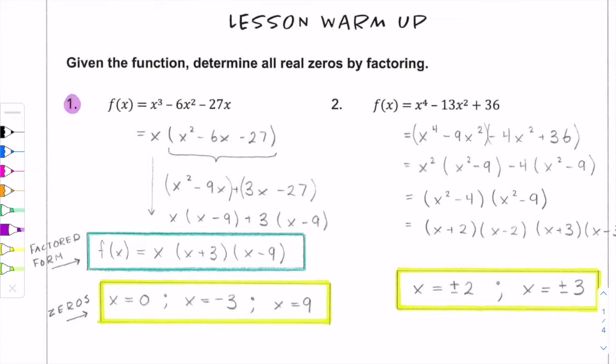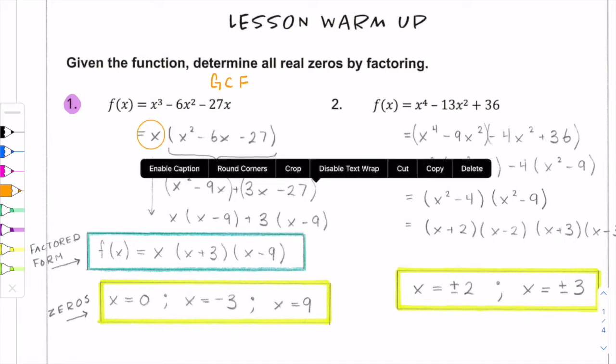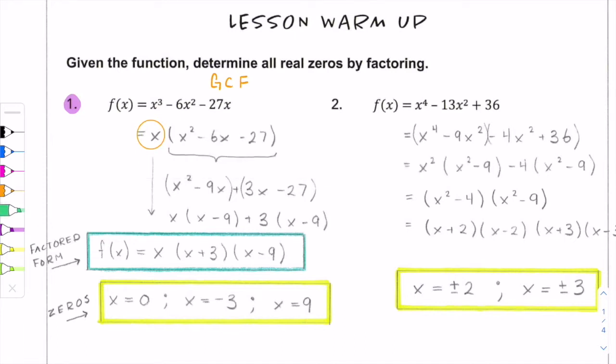So for number 1, we have f of x is equal to x cubed minus 6x squared minus 27. Don't forget that you always check for GCF, of which number 1 has. So you take out the GCF, you factor, you end up with what we call the factored form. So be very careful, understand the difference. It's why I labeled these. You have your factored form, and then from your factored form, you set each one of your factors equal to 0. And when you do that, you end up with 3 solutions. You have a solution of x equals 0, a solution of x equals negative 3, and a solution of x